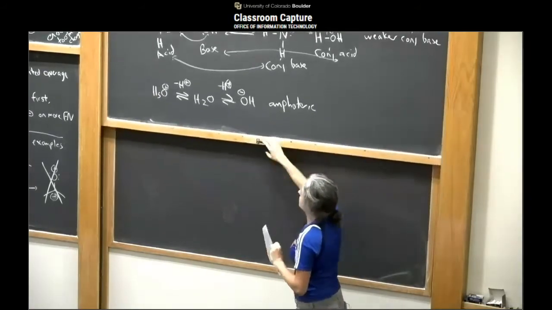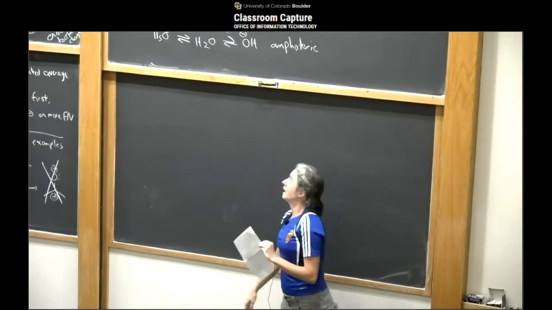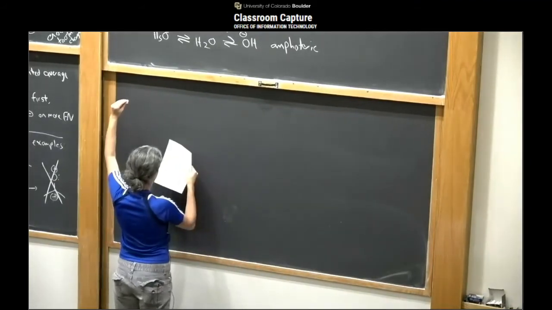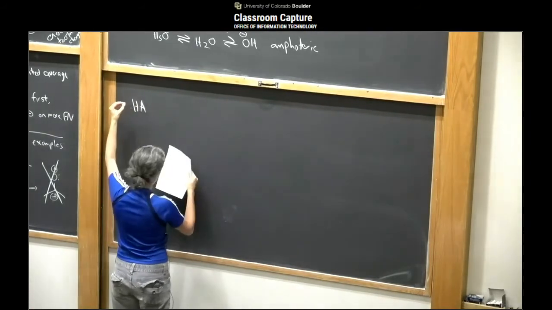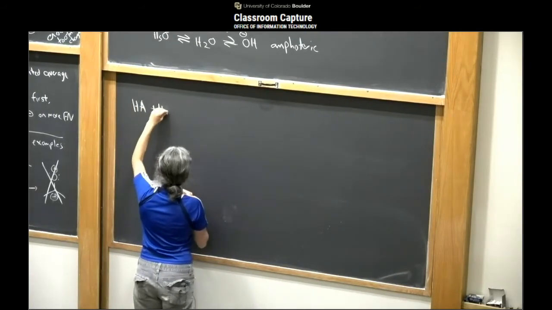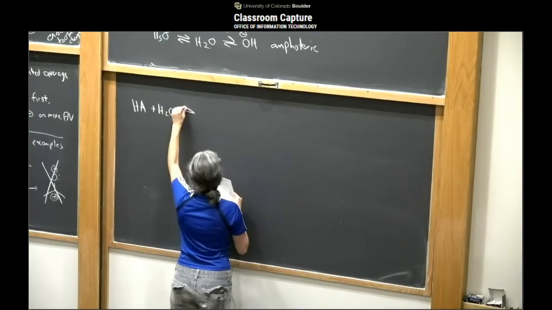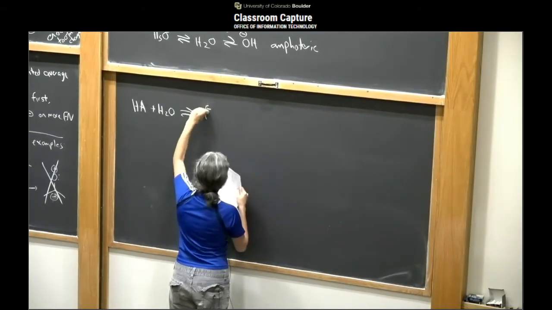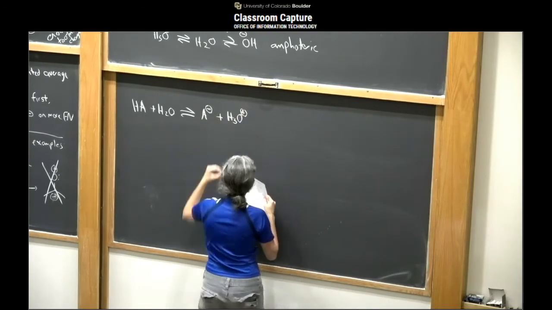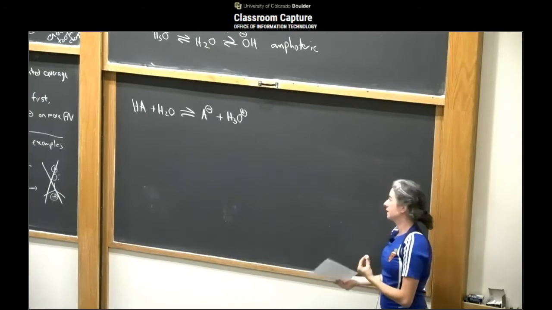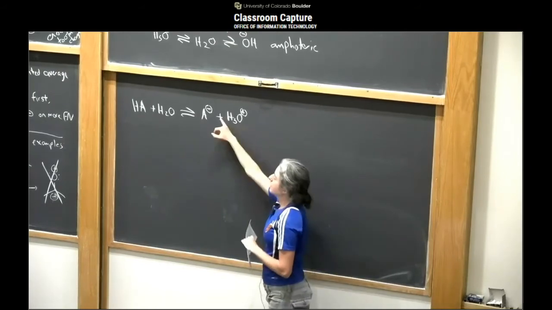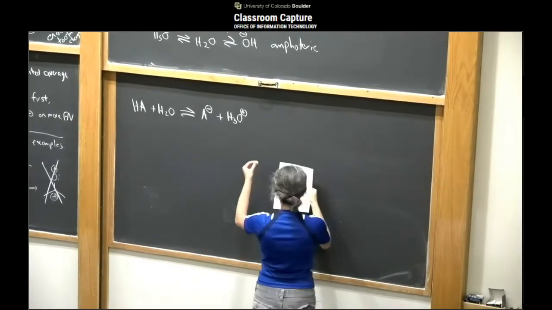Okay, so we need some way to quantify how strong our acids and bases are. So what we're going to do is look at some hypothetical acid. We're going to call it HA, so a proton stuck to whatever the rest of the acid is, and H2O going to react to form A minus and H3O plus. Okay, so pretty much like Gen Chem 2 was all about this acid-base equilibrium stuff. So the equilibrium constant for this, if you remember from Gen Chem,